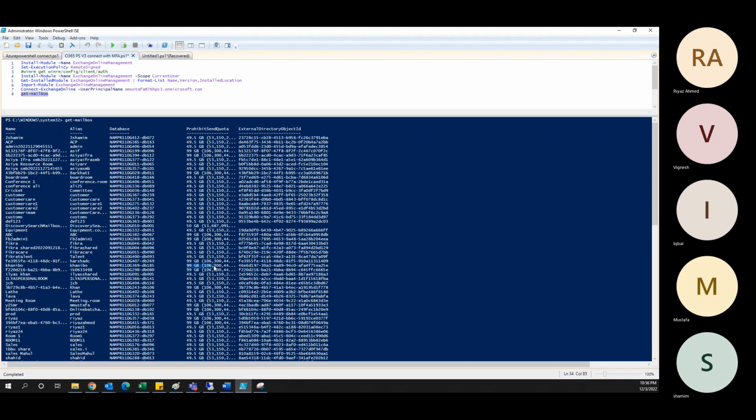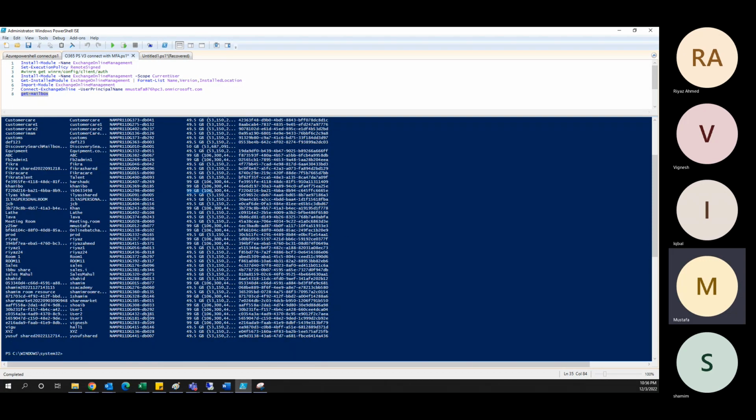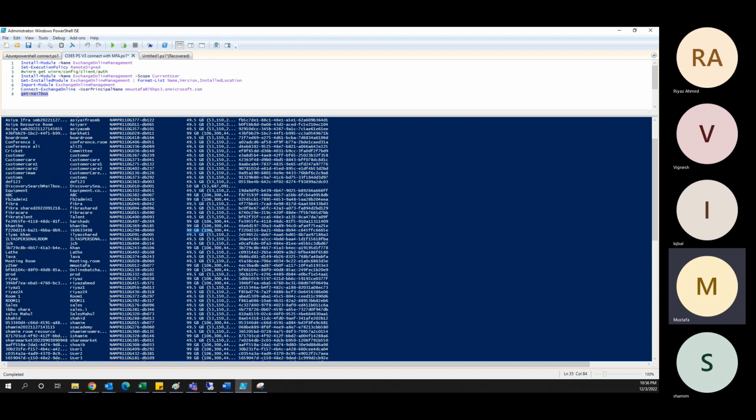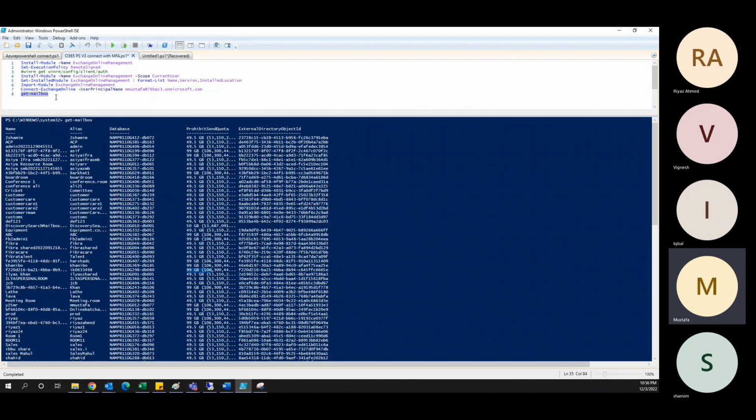ठीक है, तो किसी को 99 GB है, किसी को 50 GB है। So based on whether it is a shared mailbox or a user mailbox। यूजर मेलबॉक्स है और लाइसेंस है तो 99 GB मिल जाता है। ठीक है, शेयर्ड मेलबॉक्स है तो तुम्हारे को 49.5 GB मिल जाएगा। ठीक है, तो ये सब इंफॉर्मेशन तुम्हारे को यहाँ पर दिख जाएगा। So what is the command, Get-Mailbox।